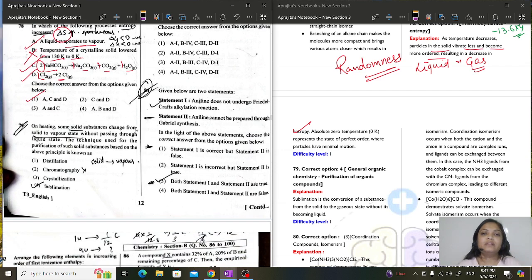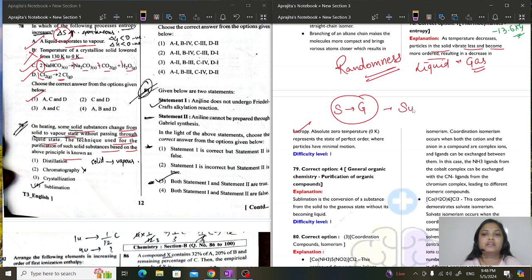Now next up is 79. On heating, some solid substances change from solid to vapor state without passing through liquid state. The technique used for purification of such solid substance based on the above principle is called. So this is very easy. We all know that when solid directly converts to gas without passing the liquid state, this process is called